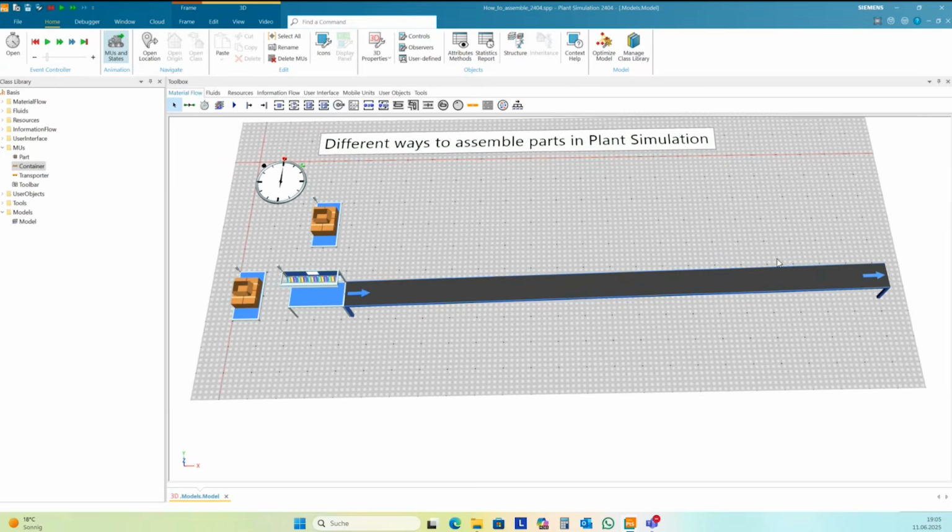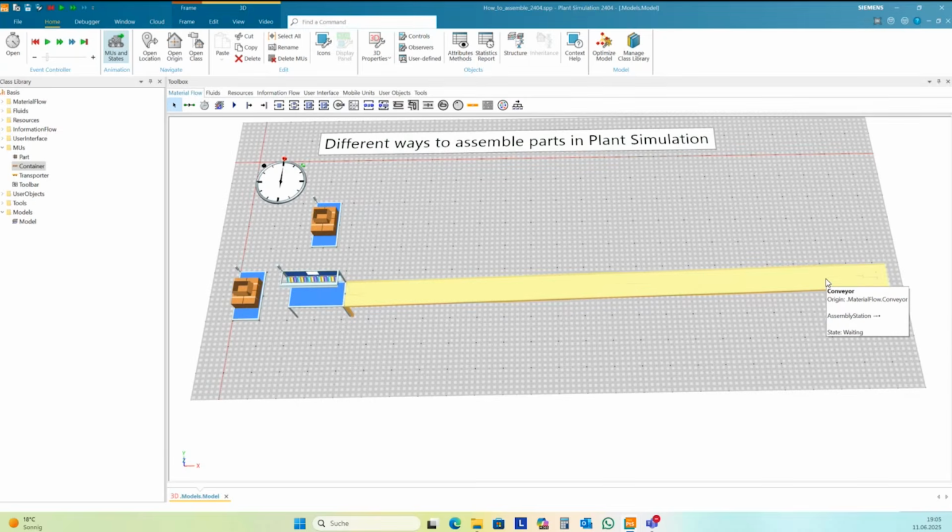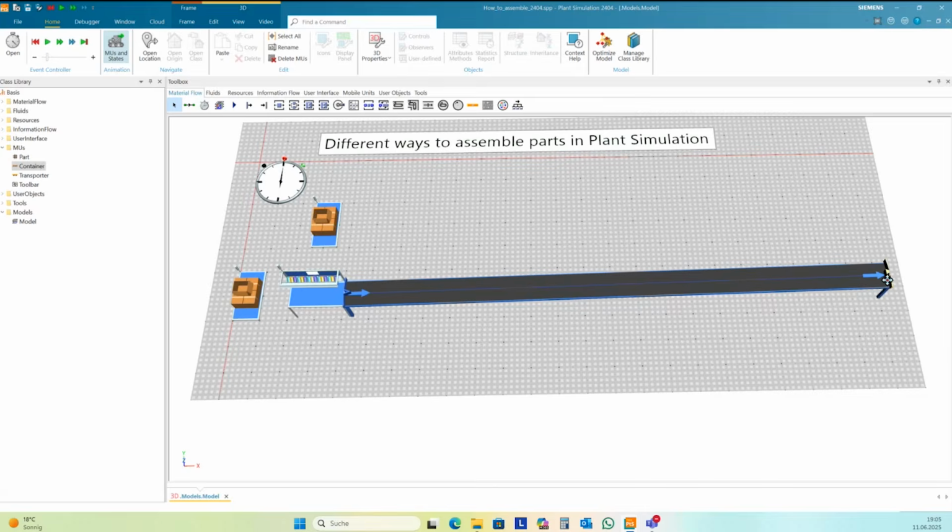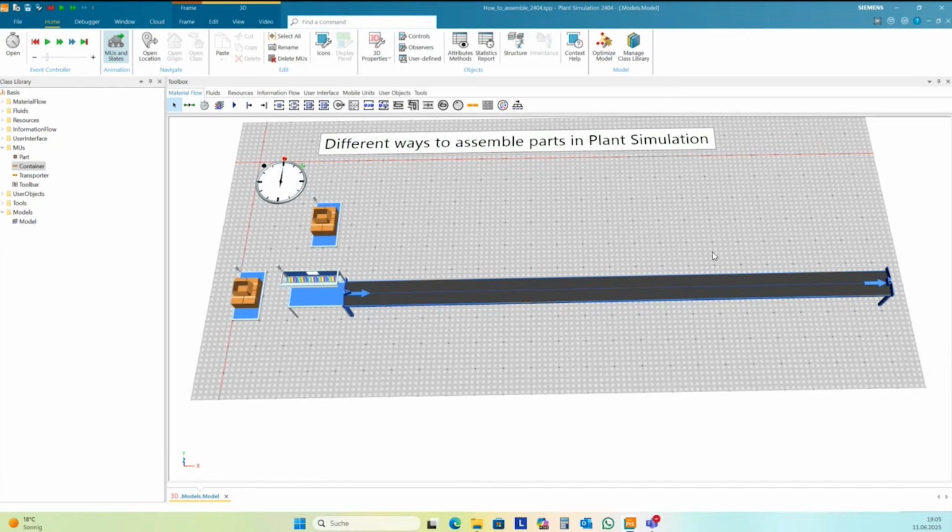And all the other steps should happen here on the conveyor. I want to model a conveyor line, and on the conveyor in several places parts should be assembled, and I want to show different ways to do this.